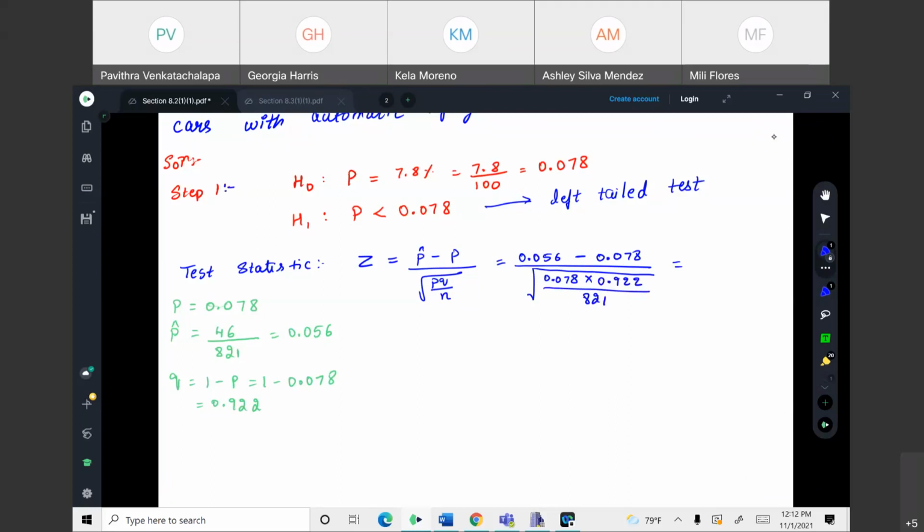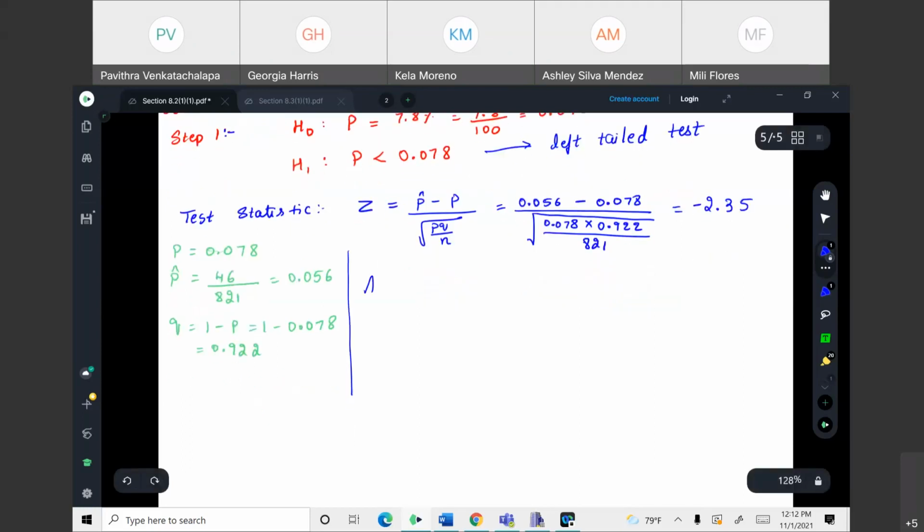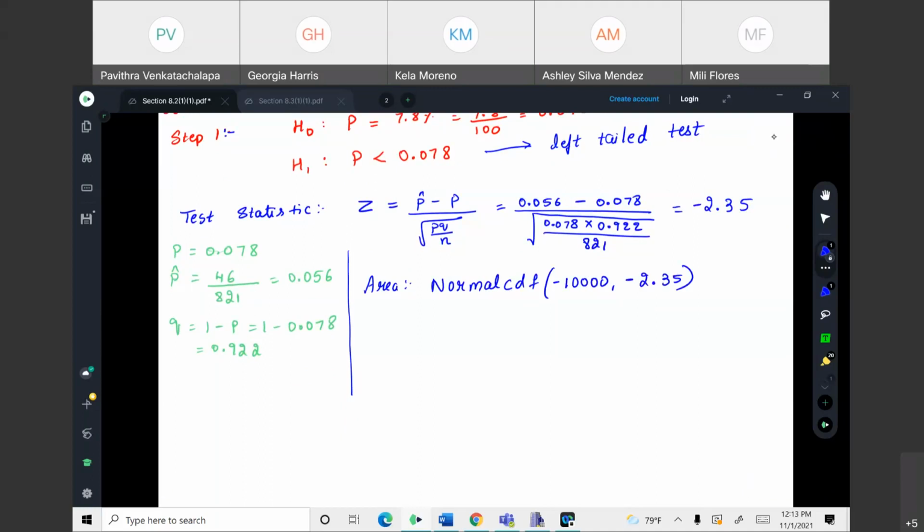Did you get the answer? It is P5. Okay, so this is your z value. Now all you have to do is to find the area. To find the area, you all know that you use normal CDF here. Since it is a left tail, I use minus 10,000 here and minus 2.35 on the upper side. So when you do this, you will get the area as